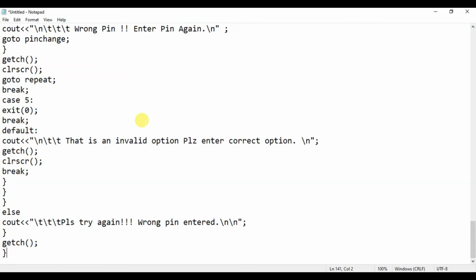Now as you can see, I have written the complete code in Notepad editor.